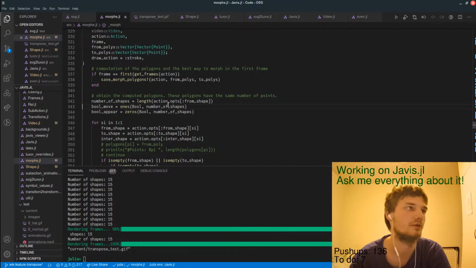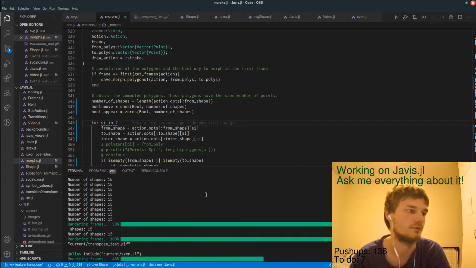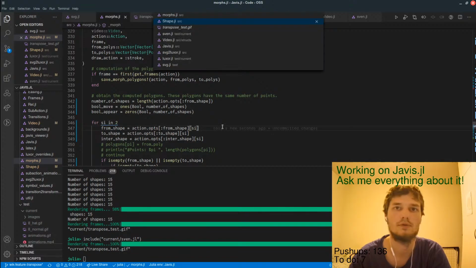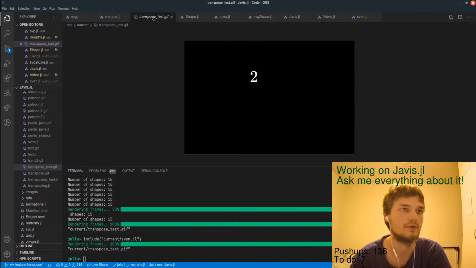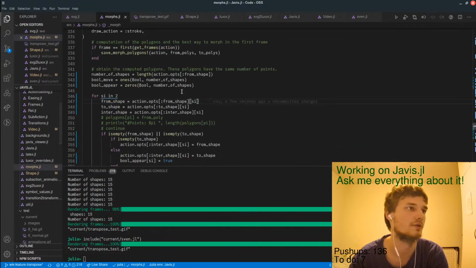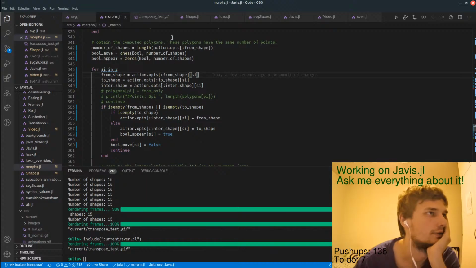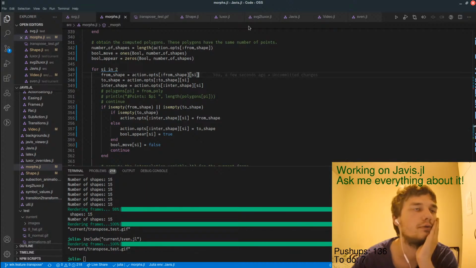Brackets. I can even do this, right? Which I normally hate. Oh, okay. It's the 2. It's the 2. It's the 2.